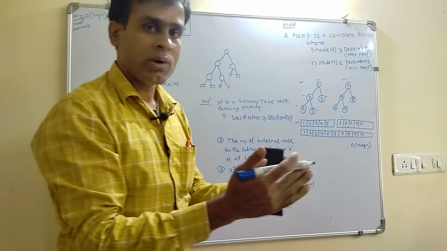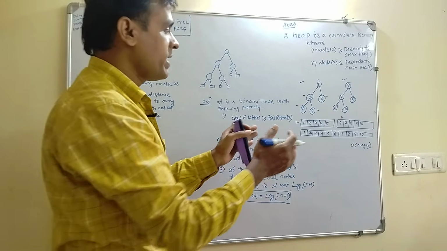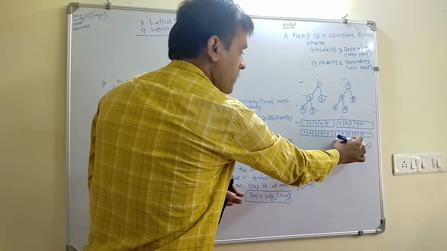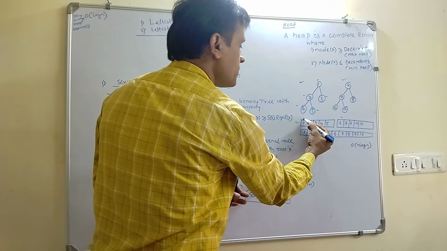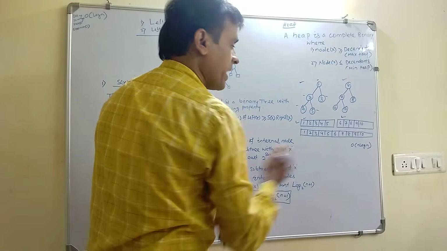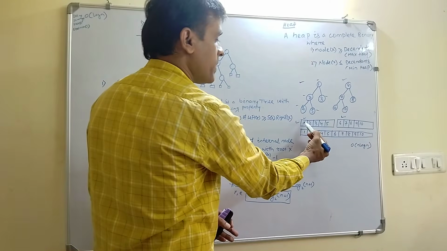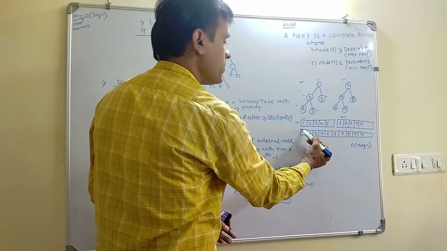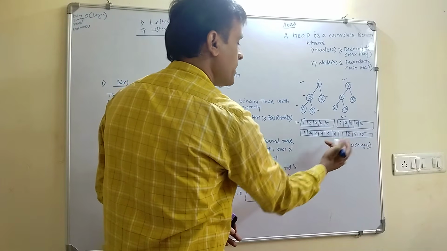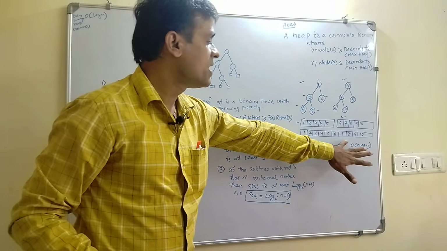But whenever we are merging these two trees, we simply copy these two trees into a single array, and we compare the root of this with this, and whichever is lesser, we put it in the third array. Suppose here I have compared 1 and 6, 1 is lesser, so I put it here, then 2 and 6, 2 is lesser, and like that I put them, and after that I have to decide which one will be the parent and which one will be the child.